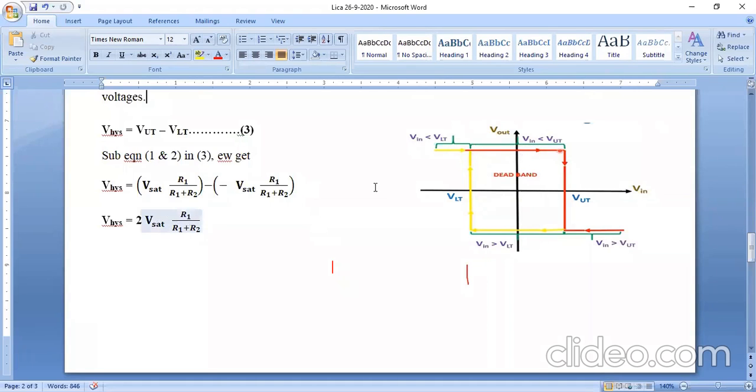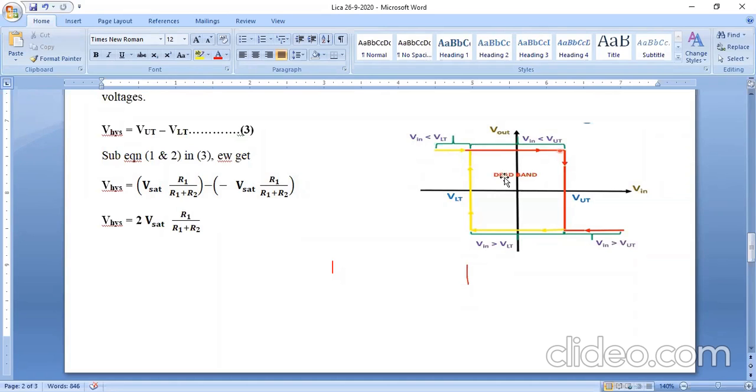At this interval of time we have this particular hysteresis, meaning the lower threshold voltage is less than the output voltage, and the output voltage is less than the upper threshold voltage. That is called bandwidth or dead zone. Since the variation of V output in this band yields no change at output, this dead band condition in the comparator with positive feedback is called hysteresis.